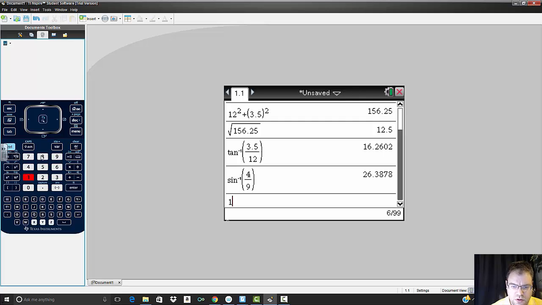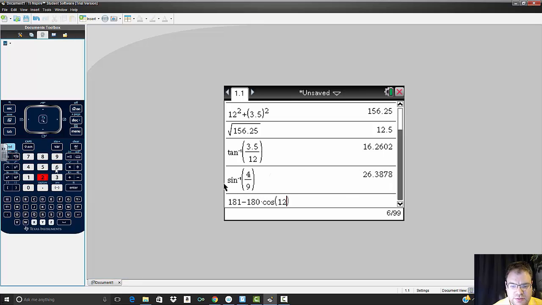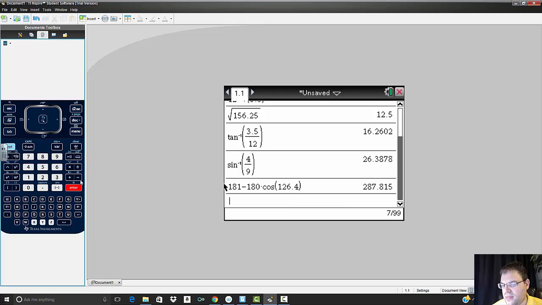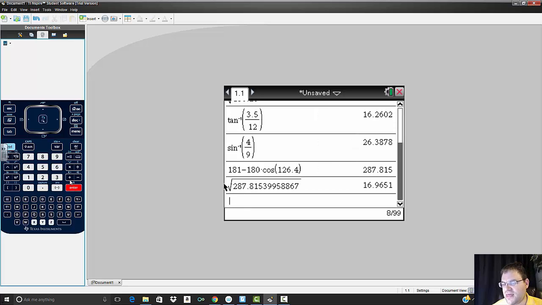181 minus 180 times the cosine of 126.4, thereabouts. So that'll give me that, and that's the square. That's B squared, which is not what I want. I want B, so I had to take the square root of that answer. So I'll take the square root, and it tells me that length is